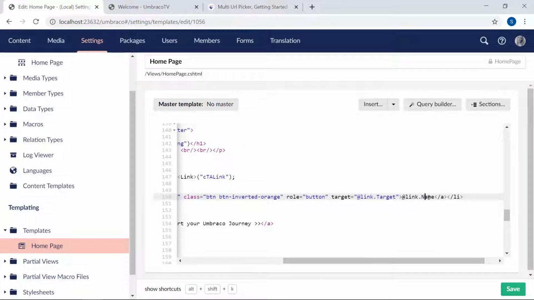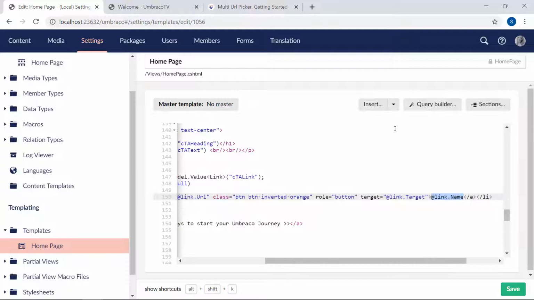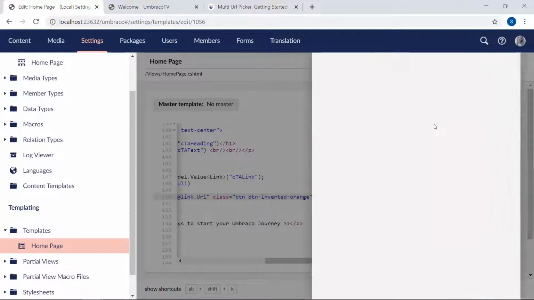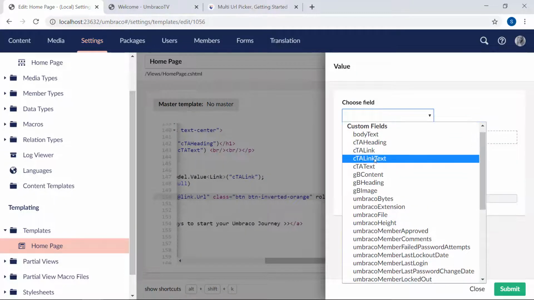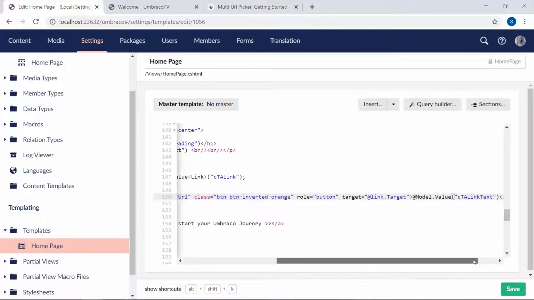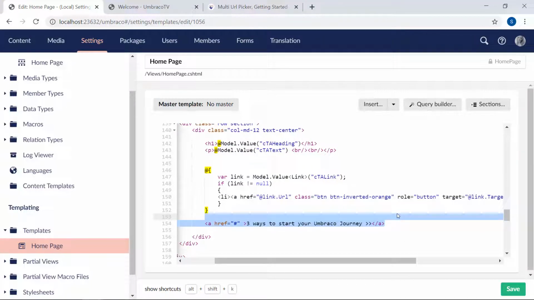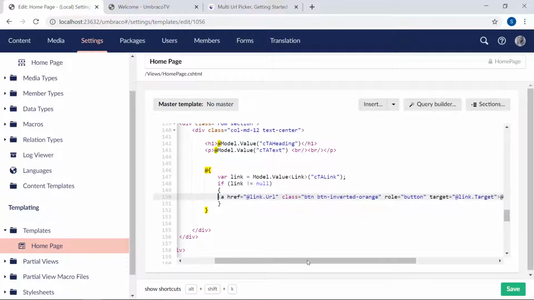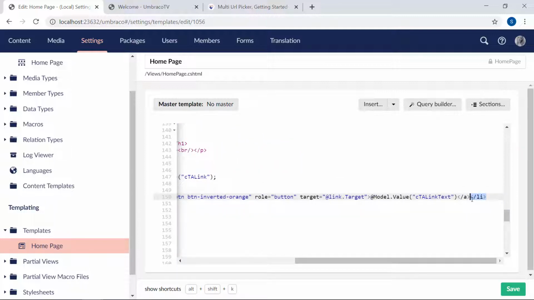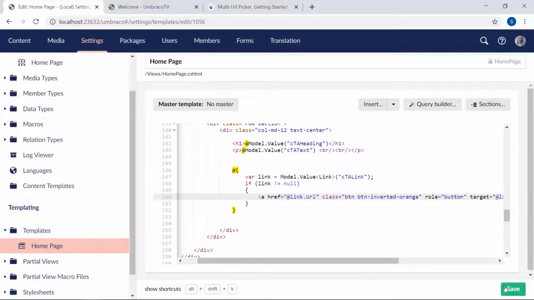Okay, so we need, of course, our link text value in here. So I'll highlight this, click insert value and find our link text. It's there. Great, submit that one. Yes, it looks good. Now we can get rid of our A tag down here. Oh, and also these list tags are around up here from the snippet. Great. Looks like we're good to go. So I'll save the template